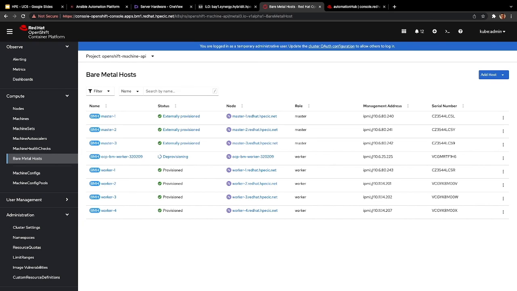Now my added physical server is in a deprovisioning step, and OpenShift will remove every piece of data on this node, so it removes data on the disk and releases this physical server. In a second step, Ansible asks OneView to remove the server profile applied on this physical server and release it, so that it is available and can be used by other user use cases.